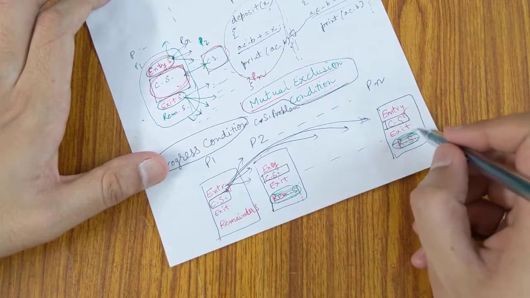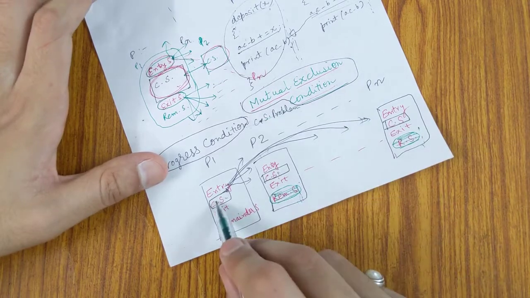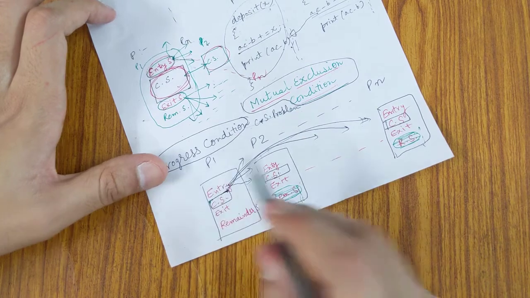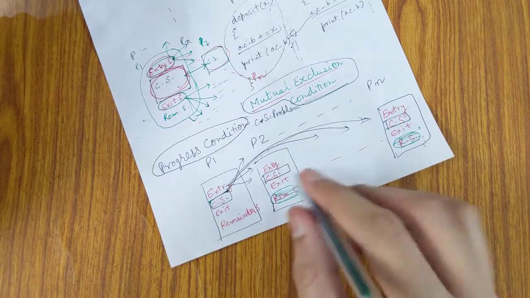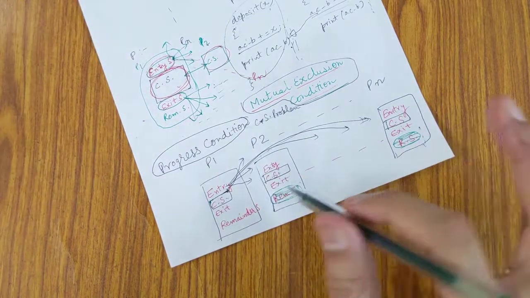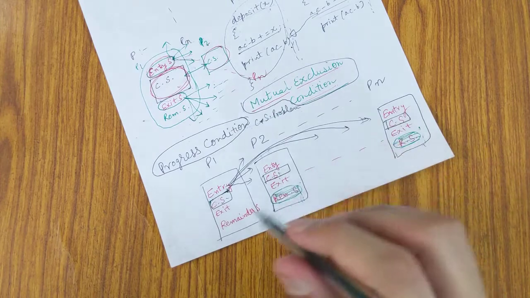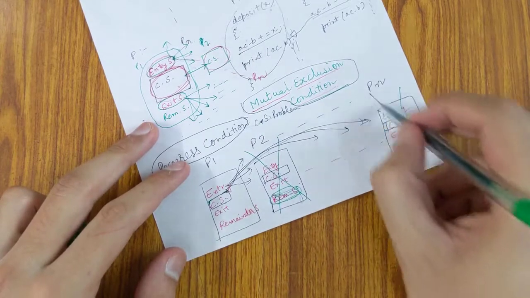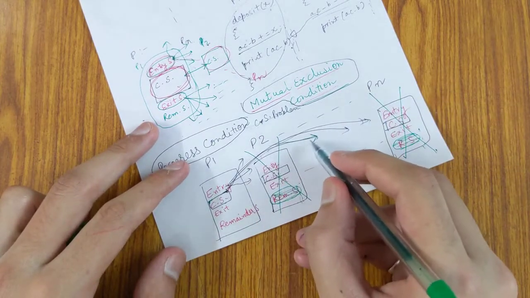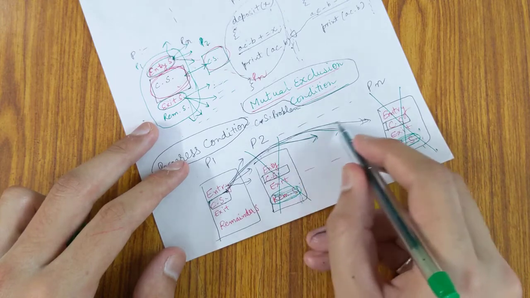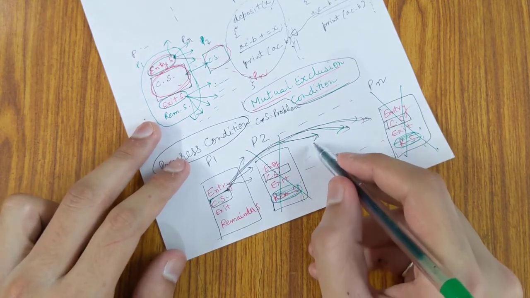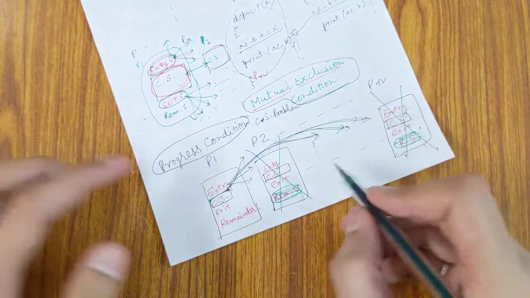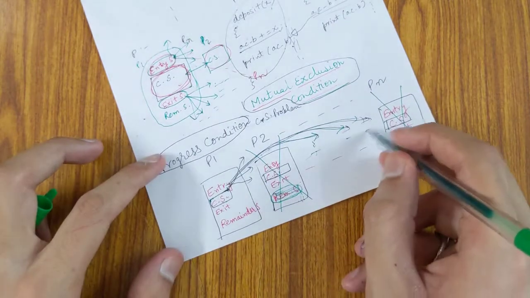So they will not be involved in this decision of whether I should give permission to P1 to enter its critical section or not, however high the priority of P2 is, because it's already done. It doesn't want to enter the CS anymore. So these won't be involved. So we cancel them. So only those who are either not yet entered, or they have requested the critical section, or they are already in the critical section, those processes should be involved in making the decision.